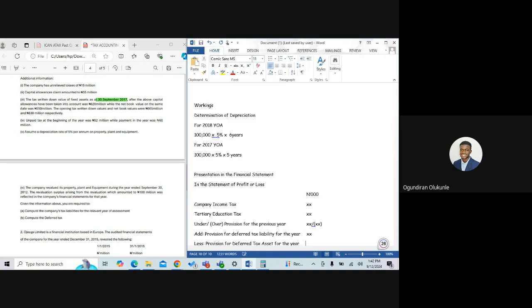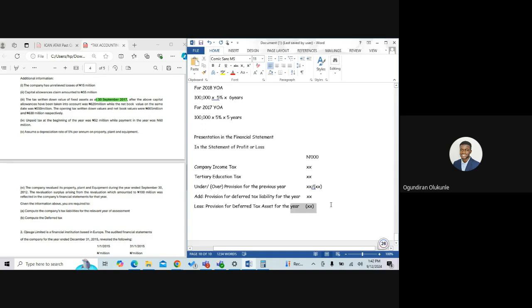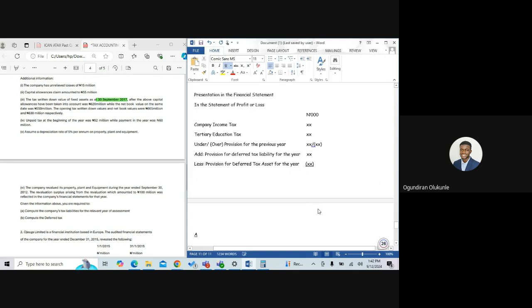So this will be the amount in the statement of profit or loss. All right. If we do this, you have the amount to be shown in the statement of profit or loss,